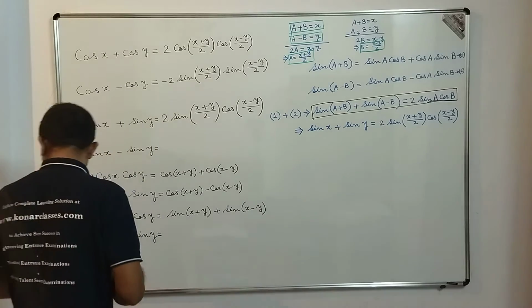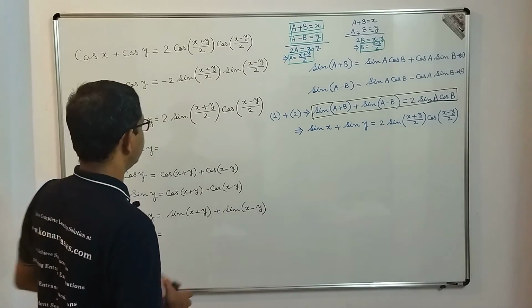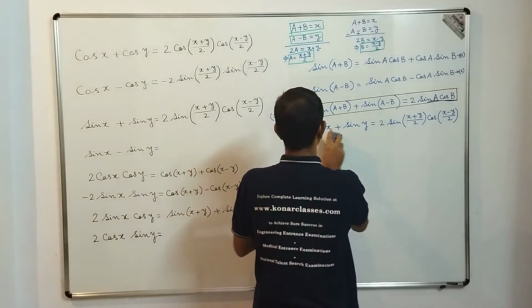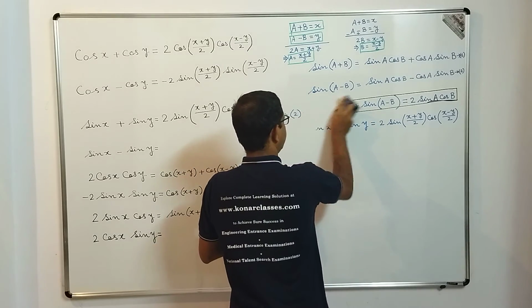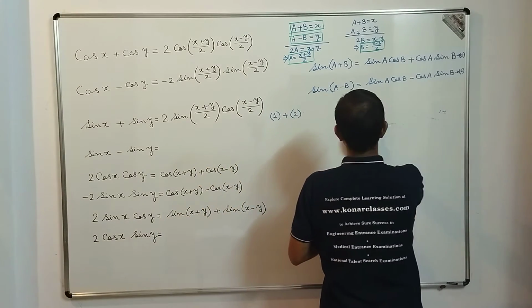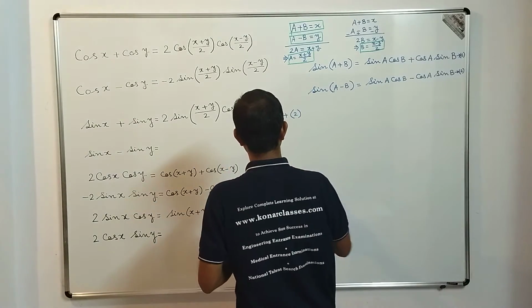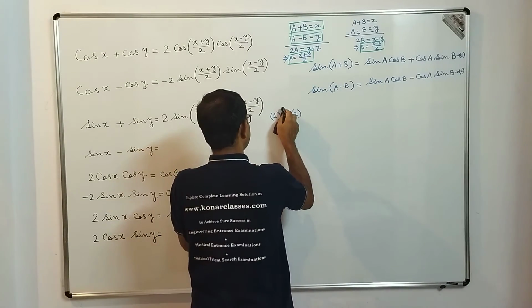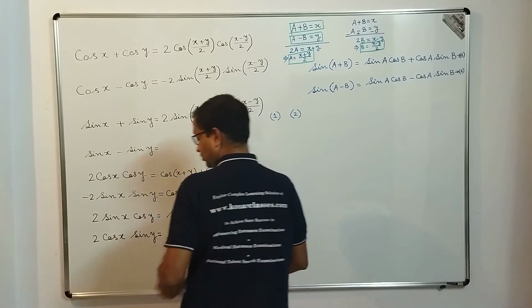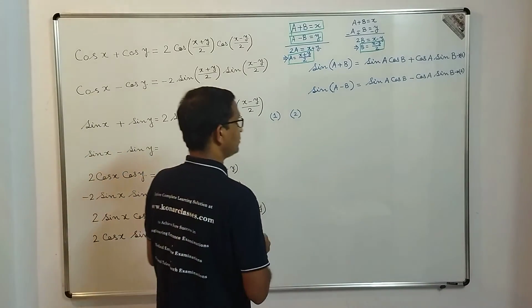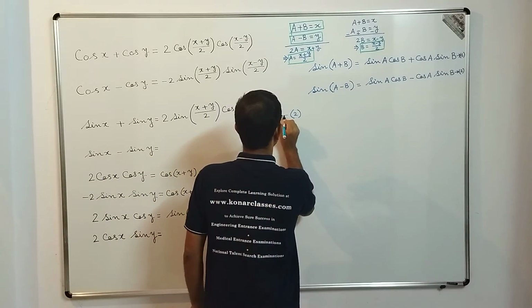हम आगे बढ़ते हैं sin x minus sin y का फॉर्मूला निकालने के लिए. तब क्या करेंगे, यहाँ पर हम ये जो दो इक्वेशन अभी लिखा है, sin a plus b and sin a minus b का जो दो फॉर्मूला, तो now both sides of the equation 2 should be subtracted from both sides of the equation 1. So that means 1 minus 2.